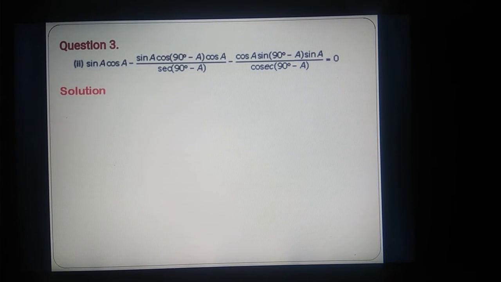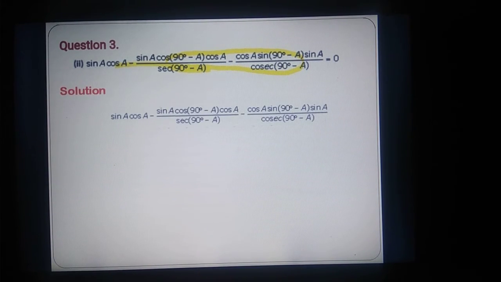Basically, here we are going to prove this particular thing to be equal to 0. Now let us take the left hand side. In the left hand side we have got this. Now if you see here,